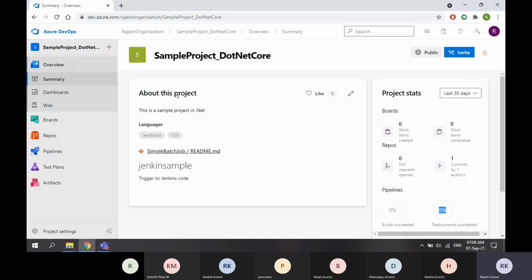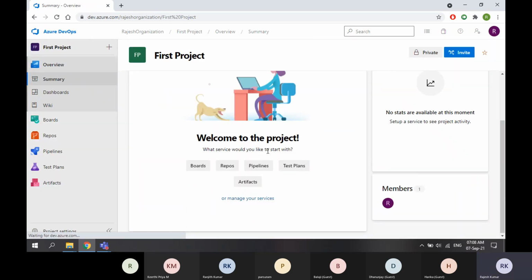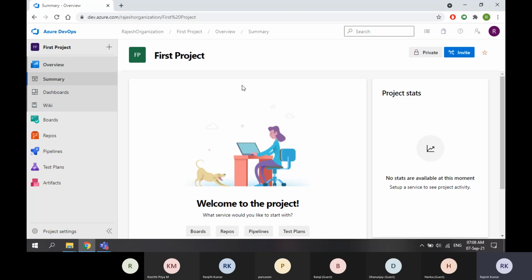So how do you get this about this project? Now if I go back to the first thing, here I don't have any about this project and I don't know how to add this. There is no edit button, nothing. So if you want to add about your project, first thing you need to do is add